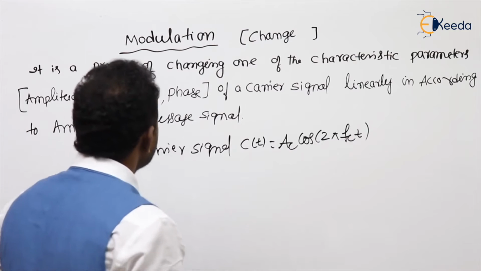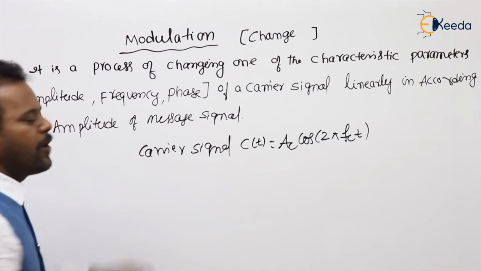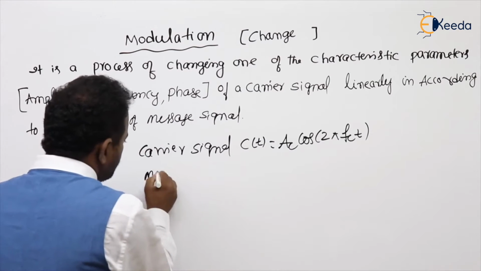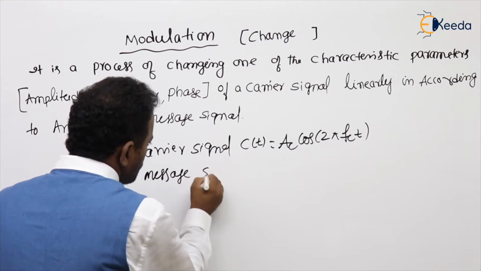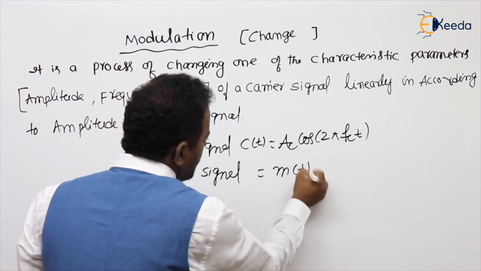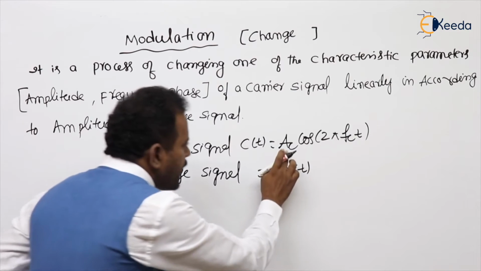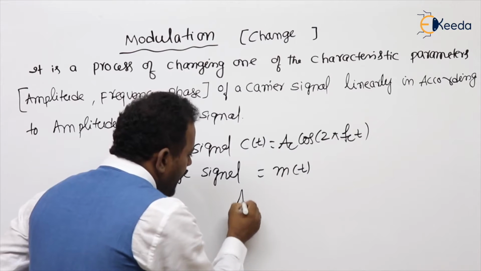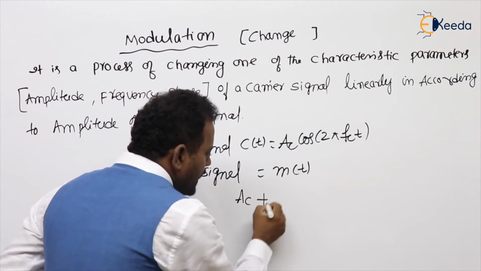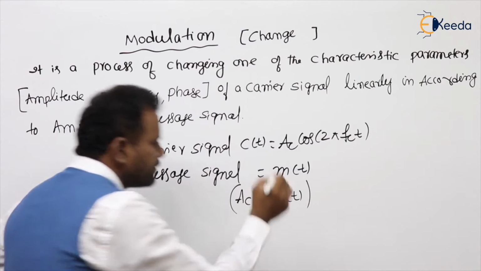Now here, if you are changing the amplitude according to the amplitude of a message, let's take the message signal as some m(t). Now if we are changing the amplitude of a carrier, that is Ac, linearly in accordance with the amplitude of a message,